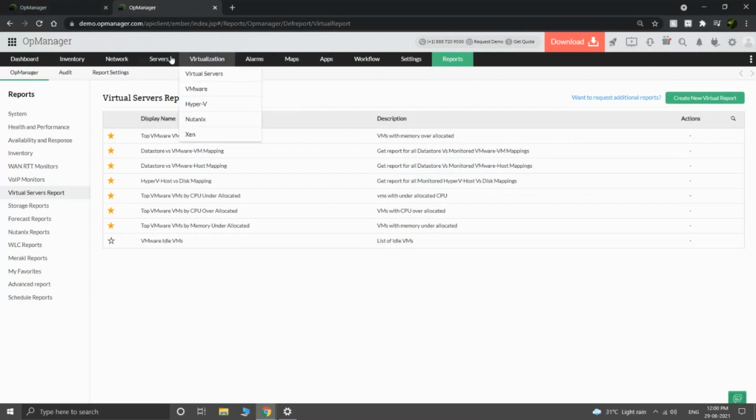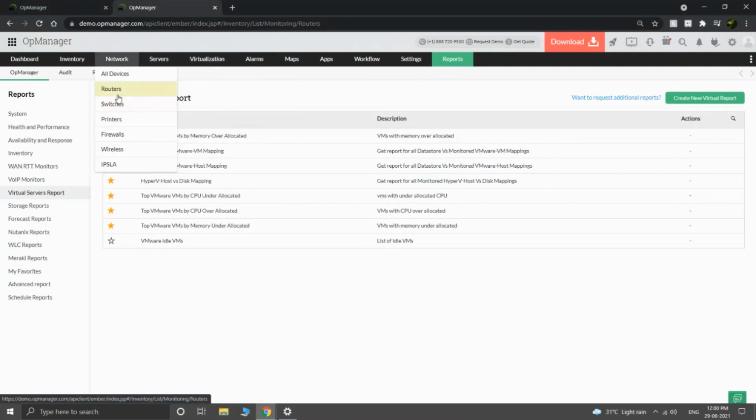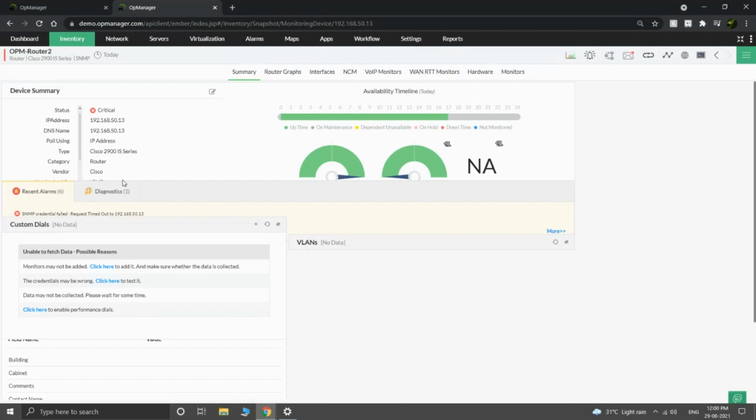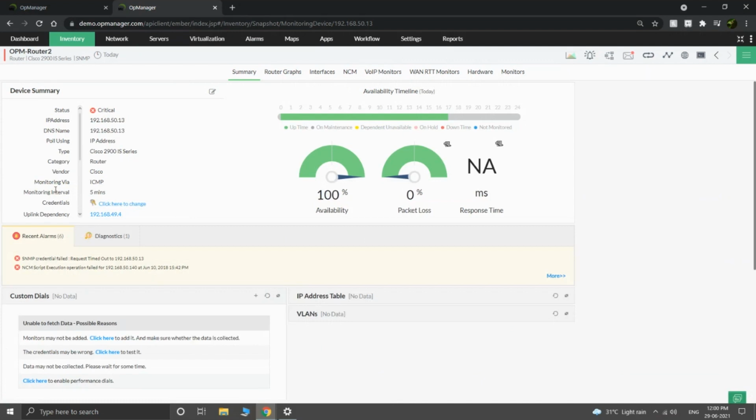I'll show you a router and how the device snapshot page of a router looks, and I'll tell you what the various metrics are that are monitored for a network device. So this is for a router. You'll have the basic availability timeline, a basic device summary, and the recent alarms that are raised for this particular router.